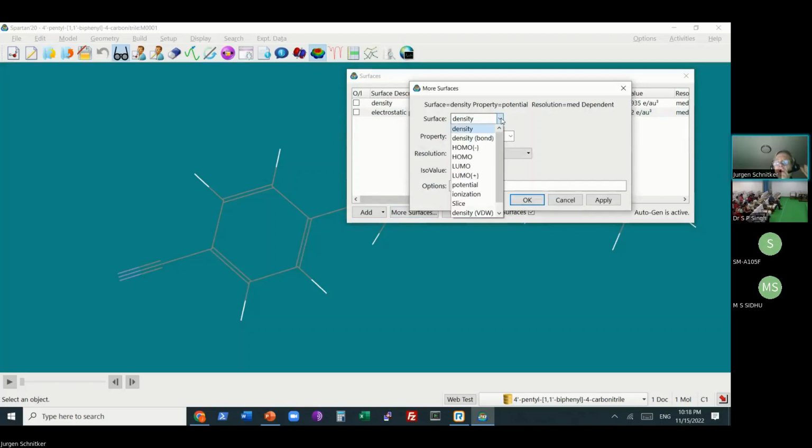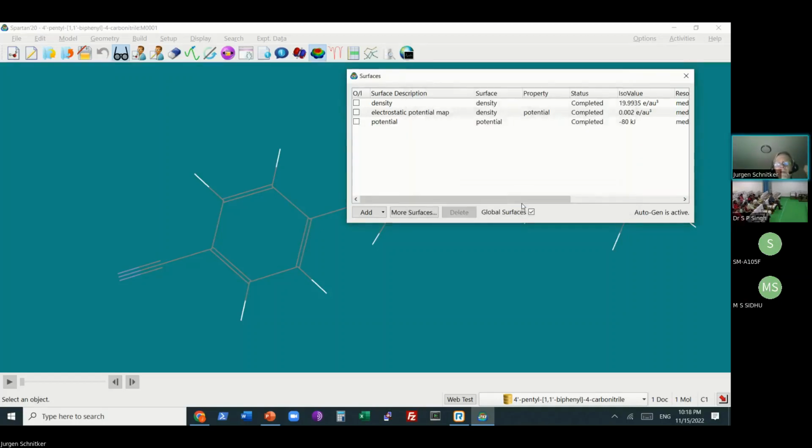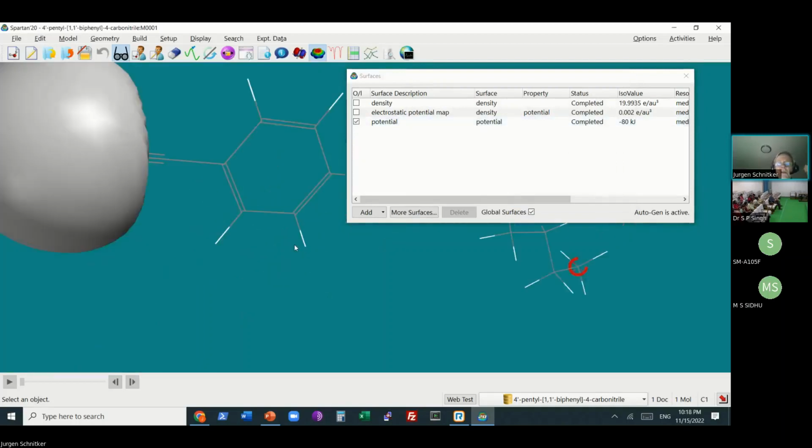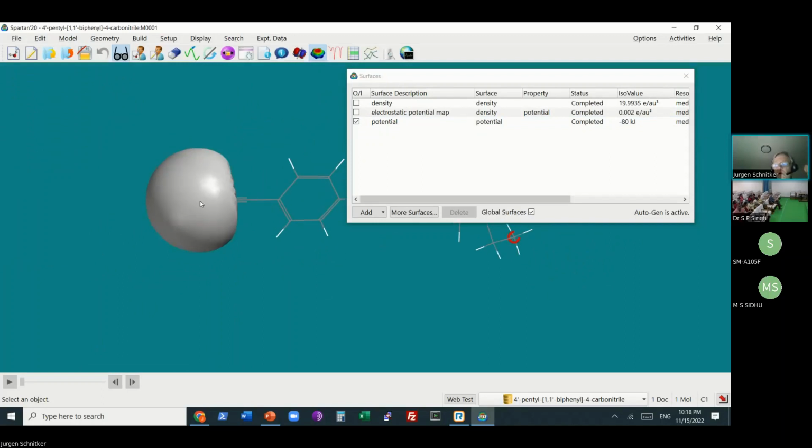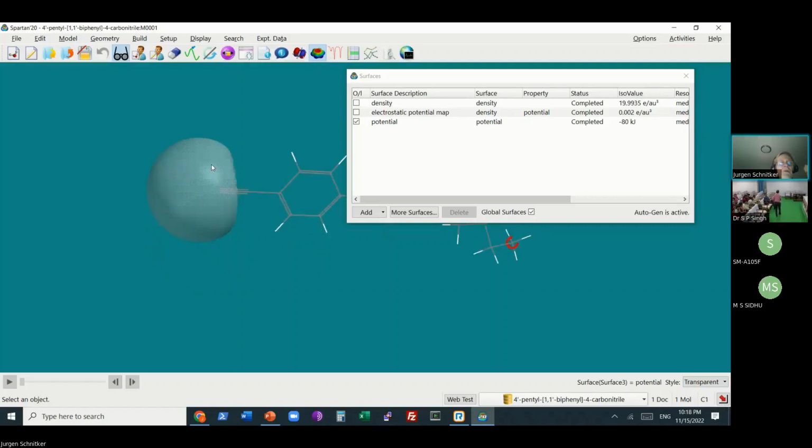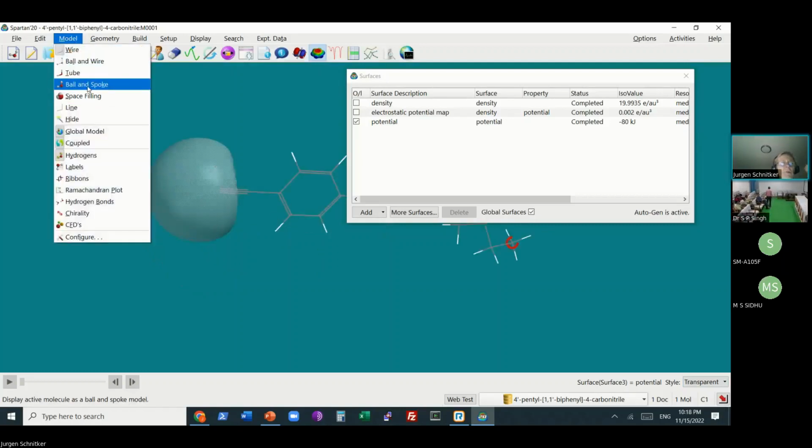So you can also calculate explicitly molecular orbitals, HOMO -17 or something like that. I can calculate the electrostatic potential itself. And if I do this here quickly for this molecule, yeah, that was there immediately. So here it actually shows you the lone pair basically on the nitro group here. Cyano group.